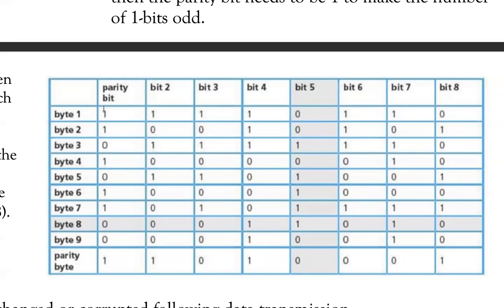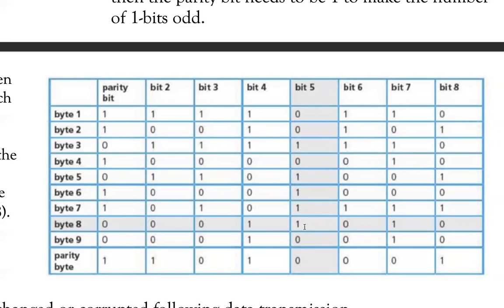Now let's start looking bitwise. 1, 2, 3, 4, 5, 6. Okay, that's still even. 1, 2, 3, 4, still even. 1, 2, 3, 4, still even. This is also even. However, bit number 5, as you can see, 1, 2, 3, 4, 5. There's something wrong with bit number 5. This is not even parity. This is odd. So by that logic, my receiving computer has reached the conclusion that bit 5 of byte 8 has been